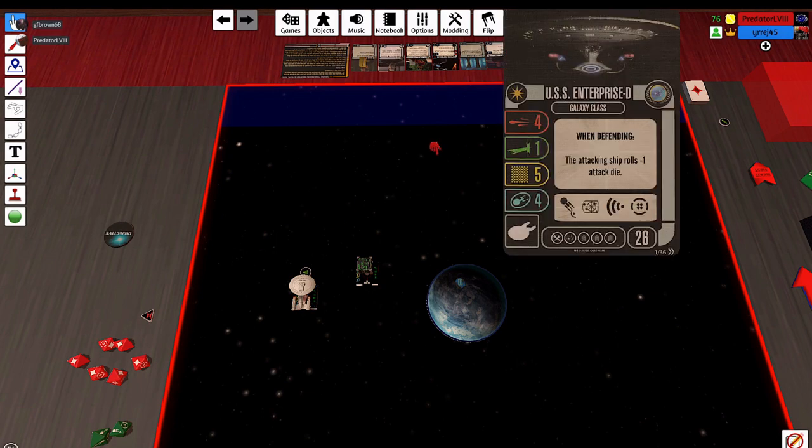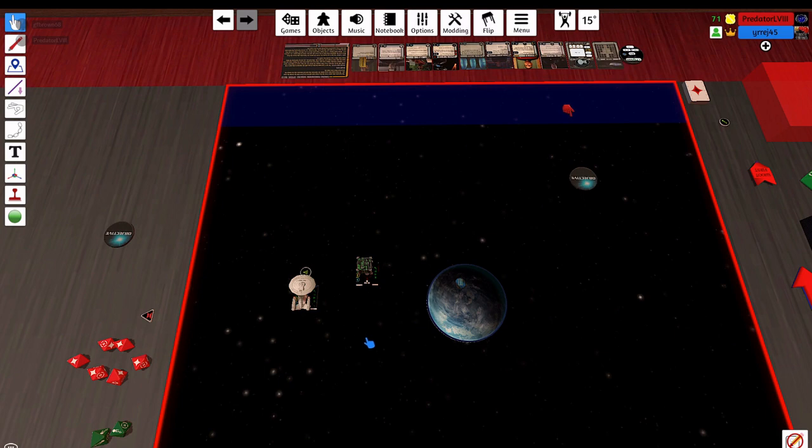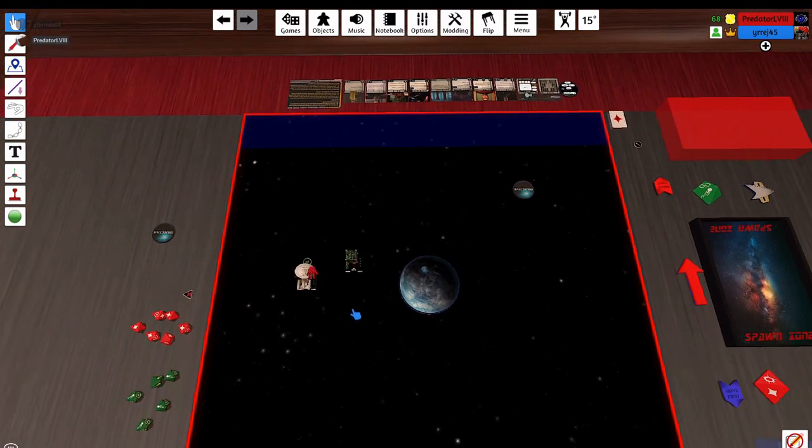And now we're ready for... You should put a shield back on, because I rolled 3 dice and I should have only rolled 2. Okay. 2 shields, and then